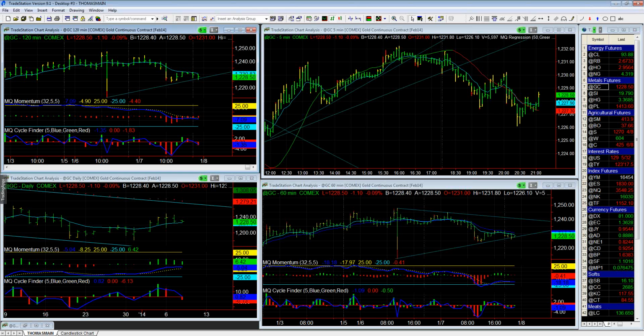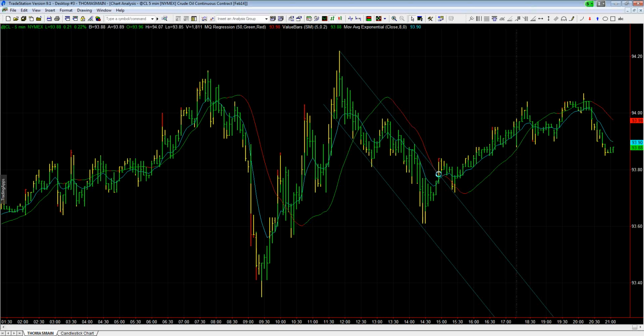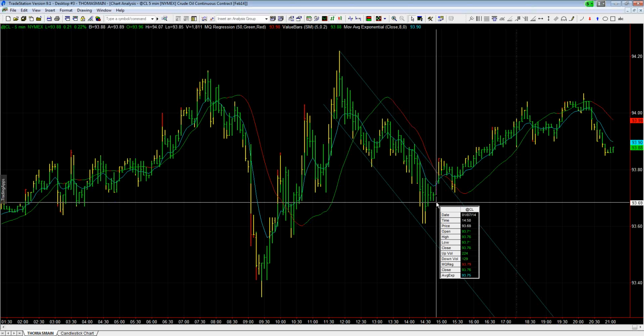Now, stop on the crude channel trade. What was a stop on the crude channel trade? I didn't trade the crude oil, but if I had been trading crude oil on that channel, your stop would be about a 50% retracement inside here. So it would have been right here below this. You have a couple bars that form a little bit of support right there. So it would have been just right down here.